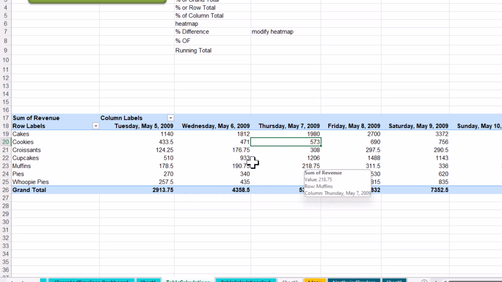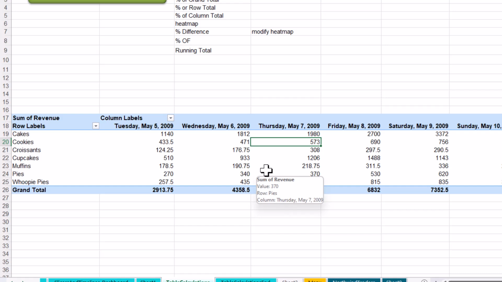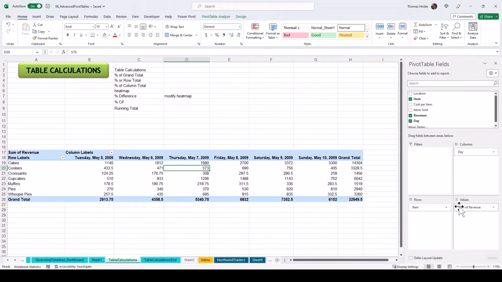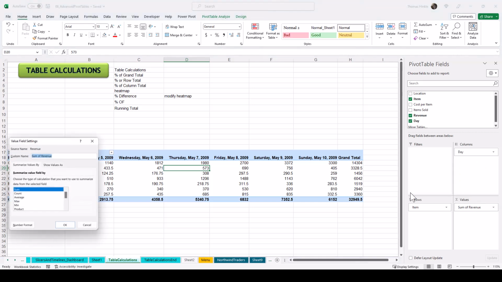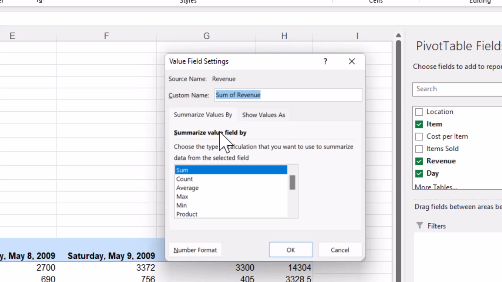So the first thing we're going to do is just add a percent of the grand total. Here's all the sales by product and by day for the entire week. What we want to do is see what percentage of the total sales each product and day location made. So I'm going to go over here to my values, click the drop down, go to value field settings,